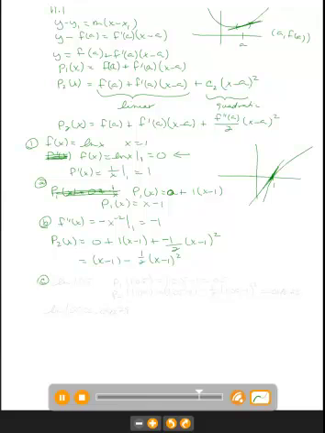Then part C wants us to take those two answers and approximate the natural log of 1.05. So P1 of 1.05 would be equal to x minus 1, so 1.05 minus 1, which is 0.05. P2 of 1.05 is going to be that 1.05 minus 1, and then minus a half times 1.05 minus 1 squared. And when you put that in your calculator, you get